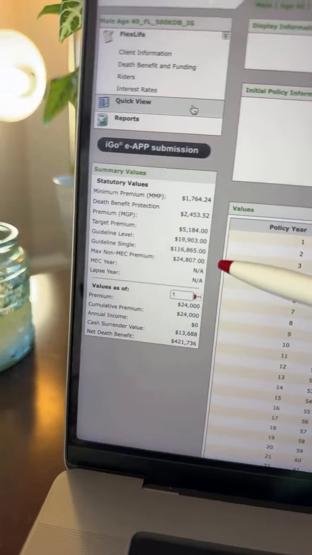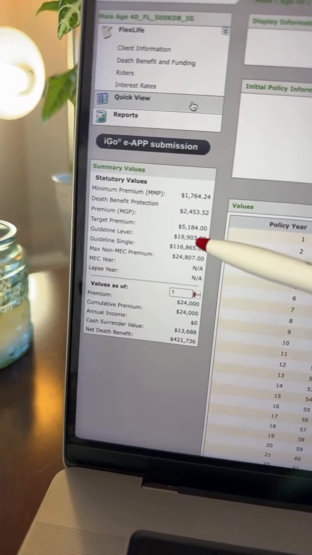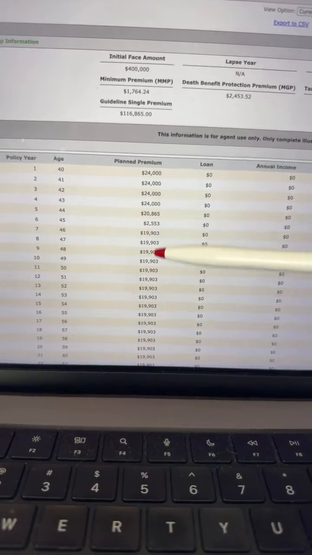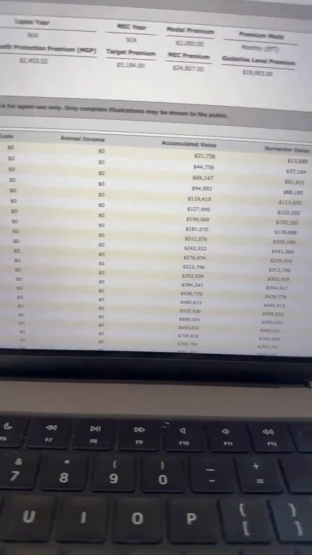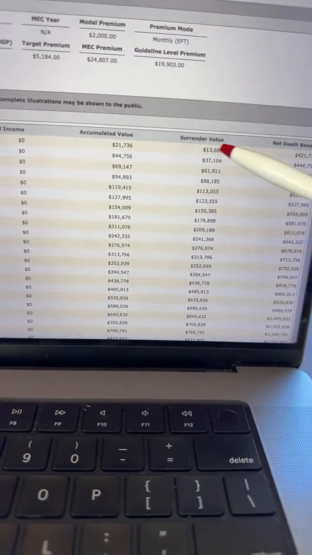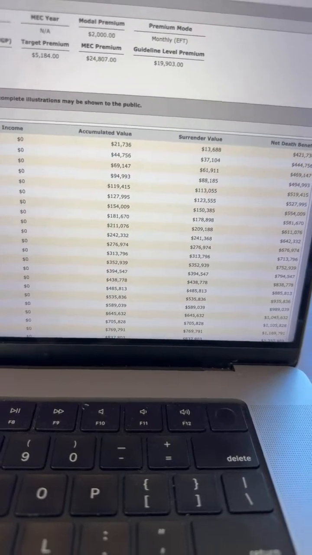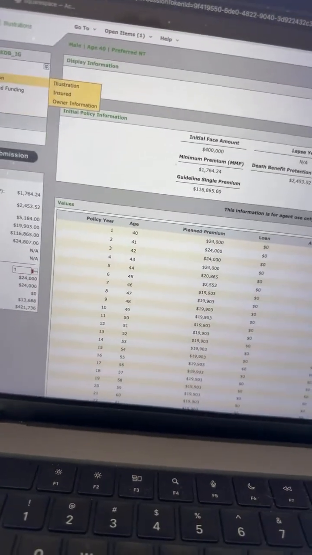So he can do his 24,000 in the first couple years, but then it's going to get reduced down to 19,900. And you always get a weird year 5 and 6 because there's a certain amount of money that you can't exceed in the first 6 years, but then it starts to get normal in year 7. But take a look. He puts in 21,000, he has access to 13, compared to if we keep the death benefit at $500,000,